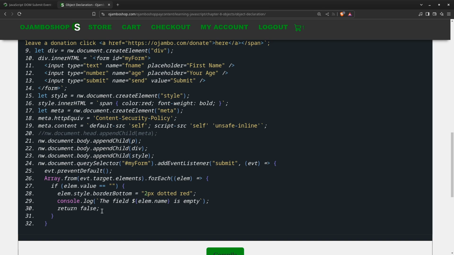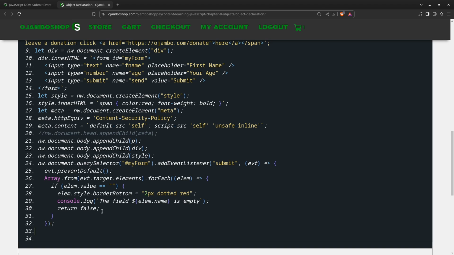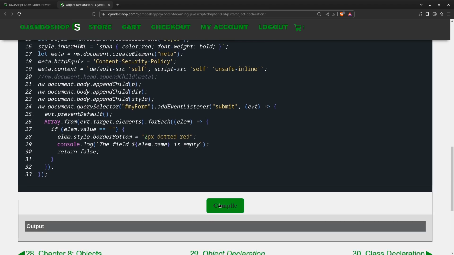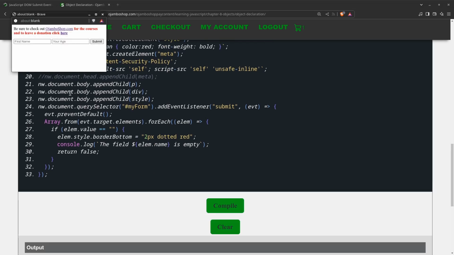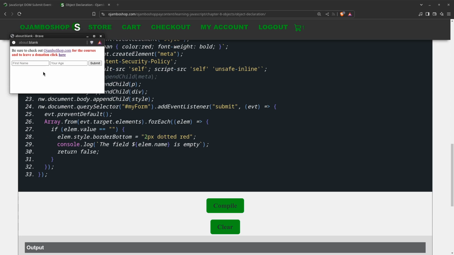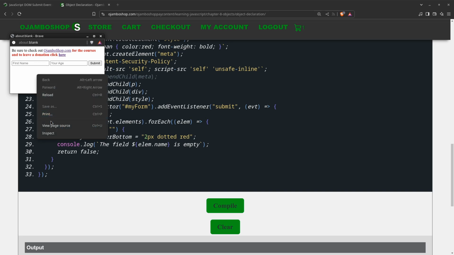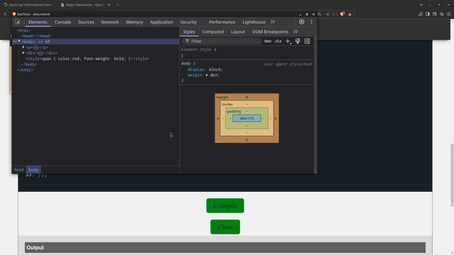So then I've got to close off this one for the forEach, and then finally the event listener. And that's it. So now if I go and compile this, see, the pop-up came up here. Now I am going to show you how this is being created. I'll just do an inspect, and as you can see here,